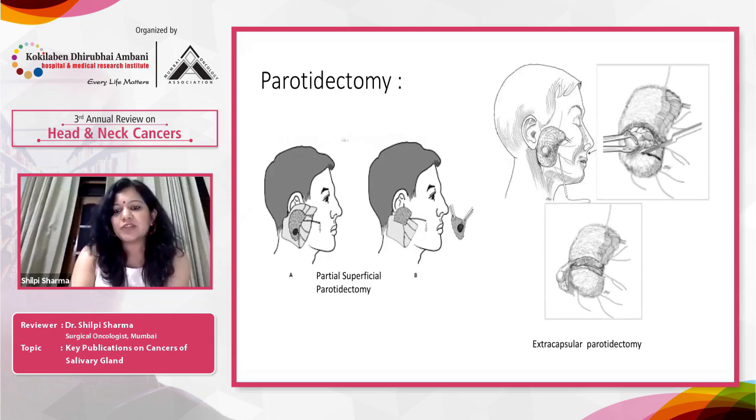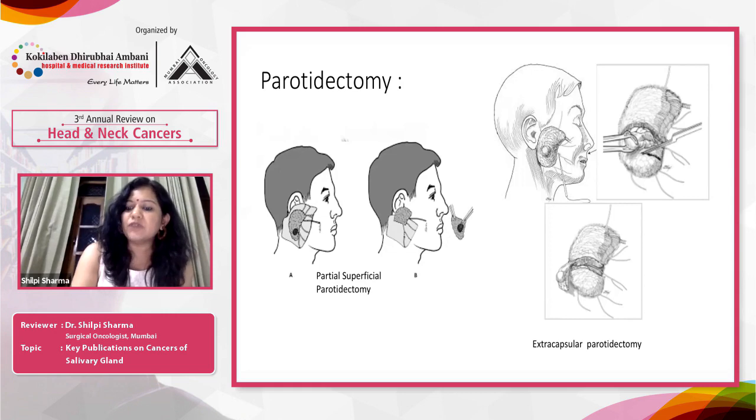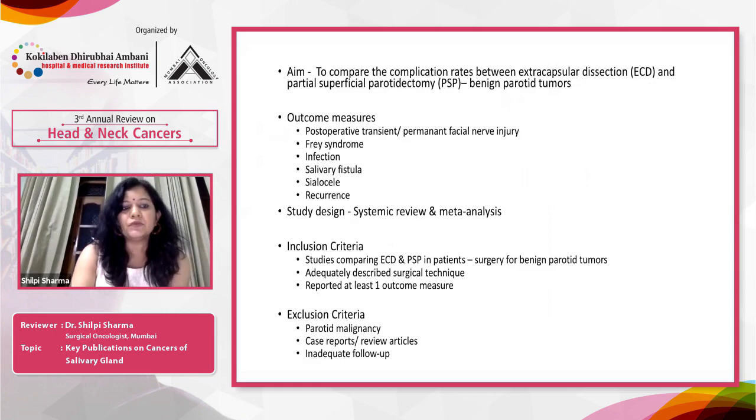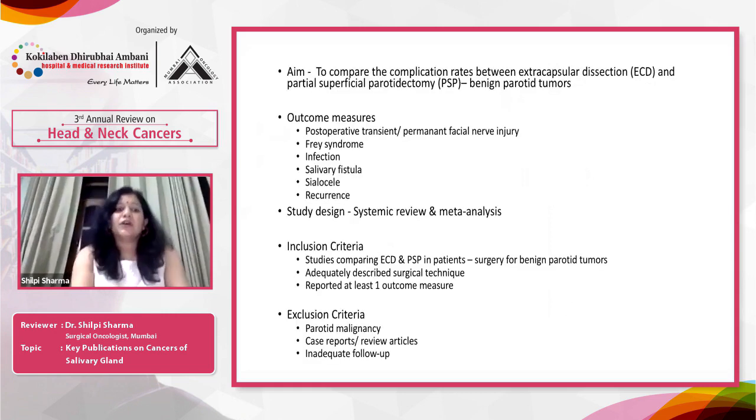In extracapsular parotidectomy, what happens? We do not even expose the facial nerve main trunk. We just palpate the tumor digitally and we take a cuff of a few millimeters all around the tumor and we remove the tumor. Now coming to the study, the aim of the study was to compare the complication rates